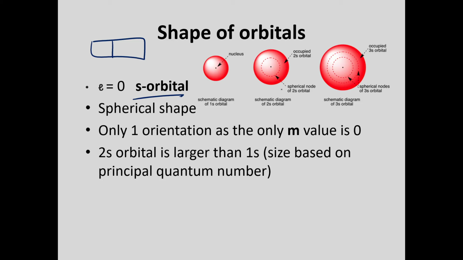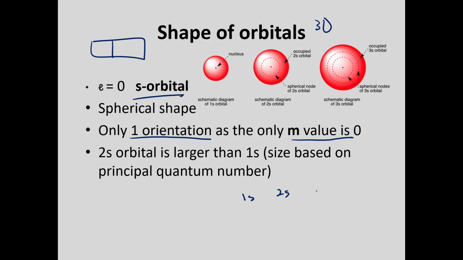It's not bulat lah, it's like a bola lah. It's because it's 3D kan. It's 3D, so it's like a bola. So we only have one orientation. Okay, sebab M value dia 0. Sebab, obviously bola. You pusing kiri kanan, still bola. So okay, S orbital. The common question is to sketch